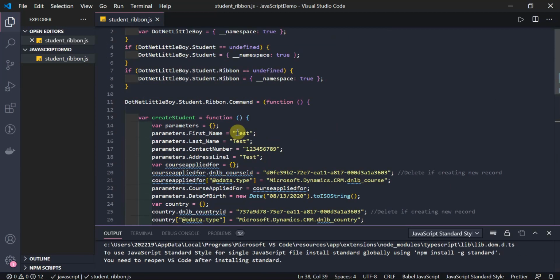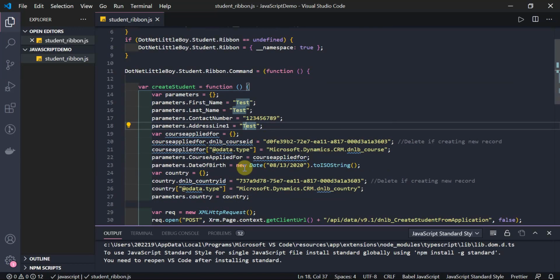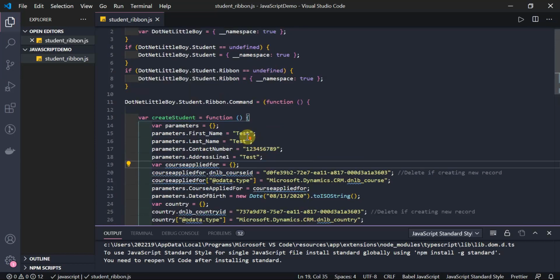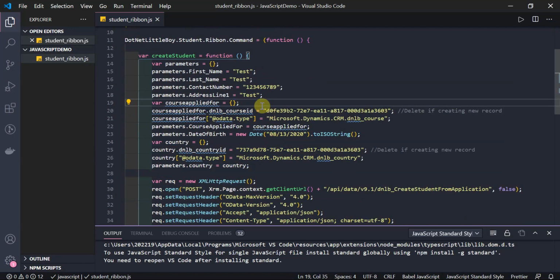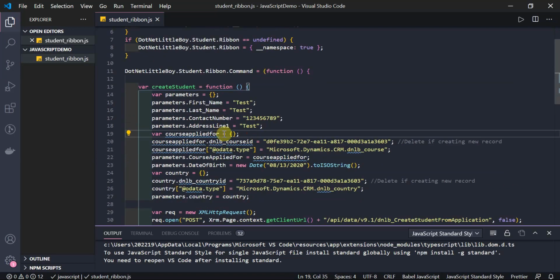Okay, so done. But you can see some values are constants I have taken, because this is just the demo I want to show you. In real time, you will be taking some variable here, and you will be fetching the data from a different entity, or you will have a different service call. You will be using that to set up this value. So for the demo purpose, I have taken this parameter as a constant.